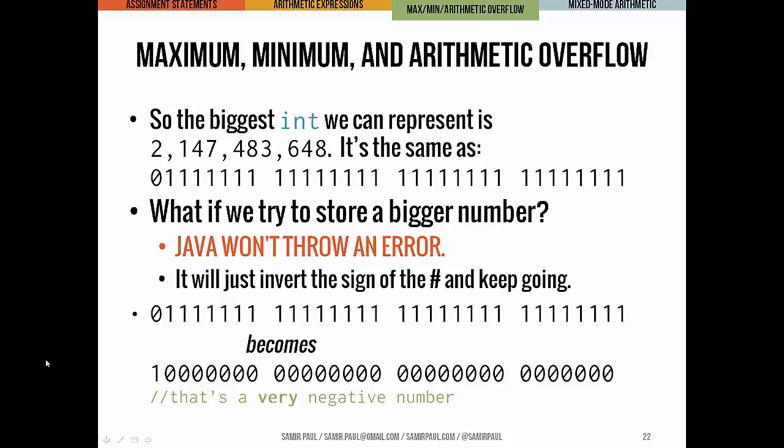So you can see what happens. 0 and then 31 straight ones. If you add 1 to that, it becomes 1 and 31 straight zeros. Now, if you remember, that last bit all the way to the left in a 32-bit int, that's what we use to indicate sign. So that means that this number that was positive, when I added 1 to it, it became negative. Okay, that's weird.